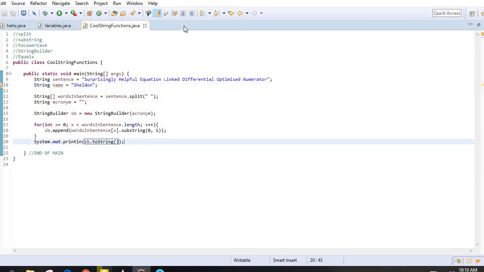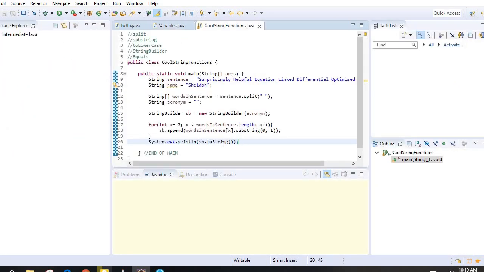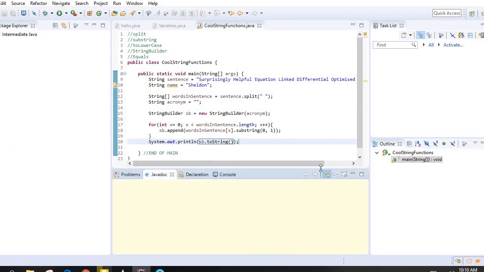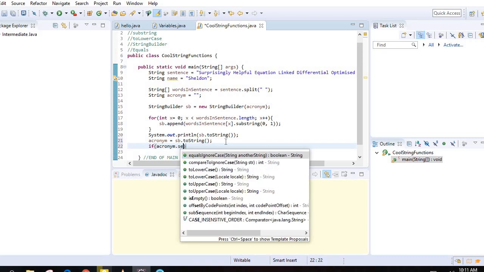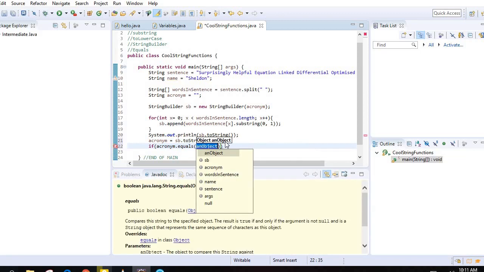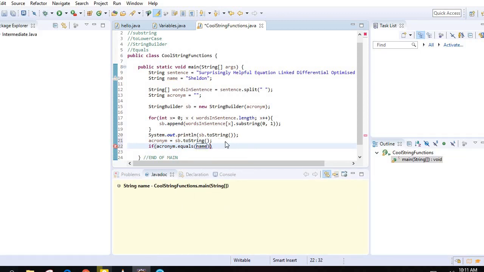Now notice that the words were capitalized, so we need to turn some of them to lowercase. Let me first save this somewhere. I'm going to say acronym is equal to sb.toString, so that we just work with acronym. Then I'm going to say if acronym dot equals, what are we comparing it with? Name. If acronym dot equals name,